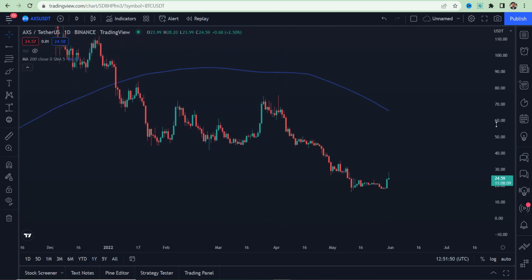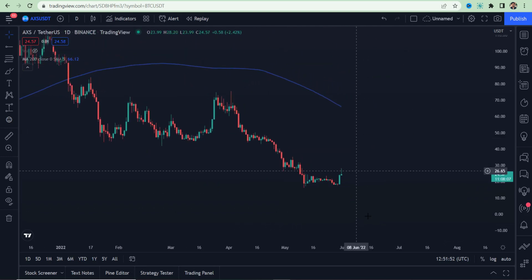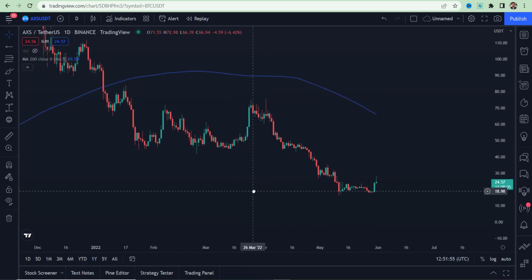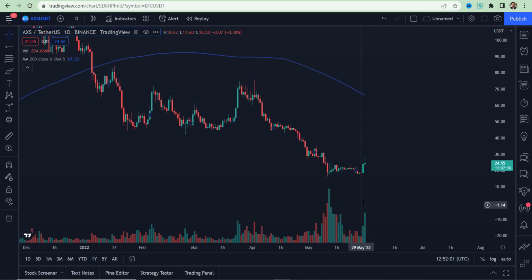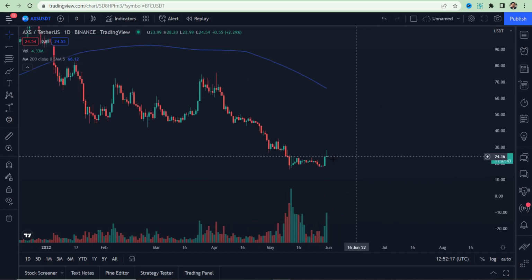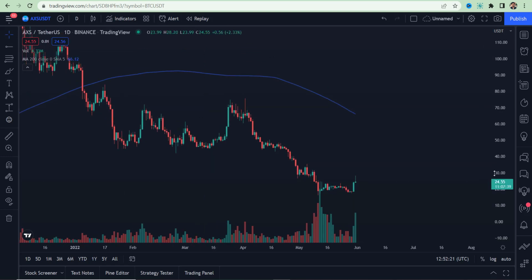So that's a higher time frame. However, in the higher time frame you see a different picture. You see nothing. Let's check the volume. I see some volume coming in on Axie. This candle is a good volume candle actually, but I want this kind of volume candle with a big green candle here. That's what I want, so we can have some good confluence.